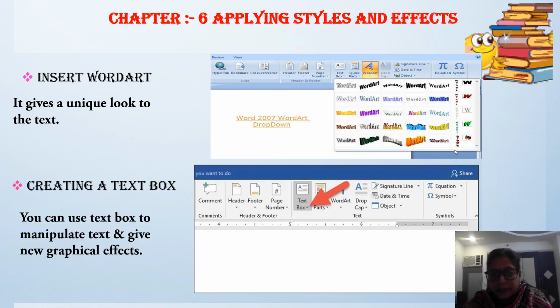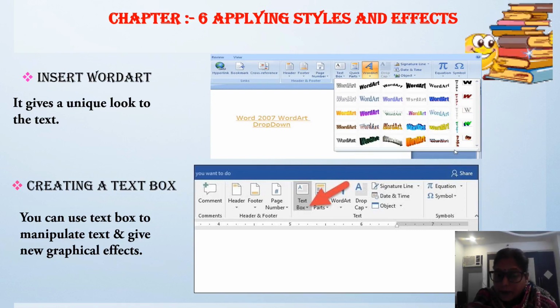Then creating a text box. Now what is a text box? You can use a text box to manipulate the text and give new graphical effect. Means a text box is a placeholder where you can enter text. You can move the text box along with the content anywhere in the document.